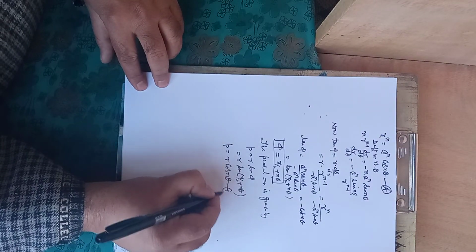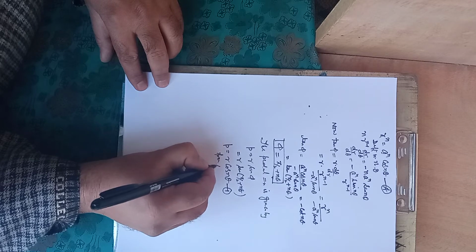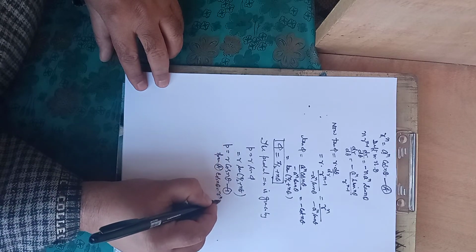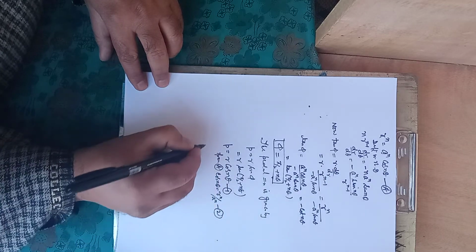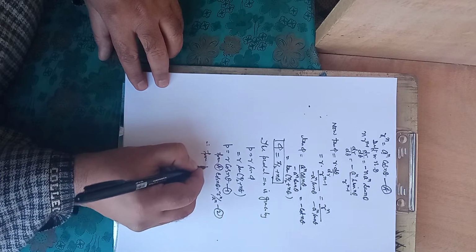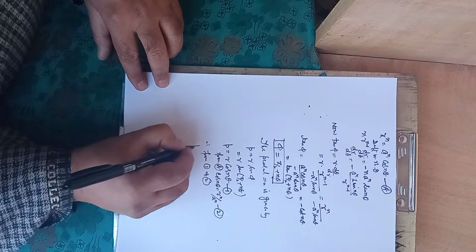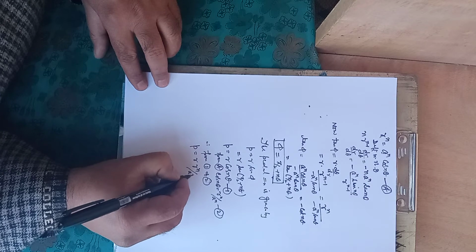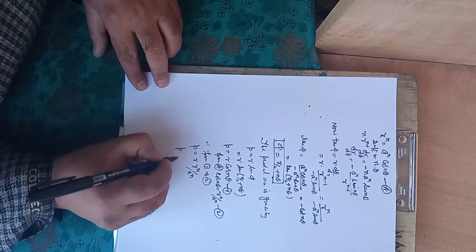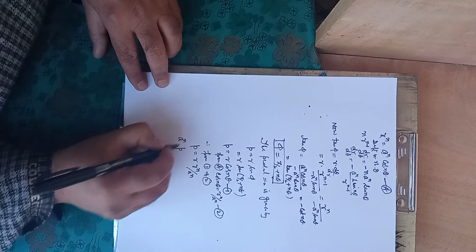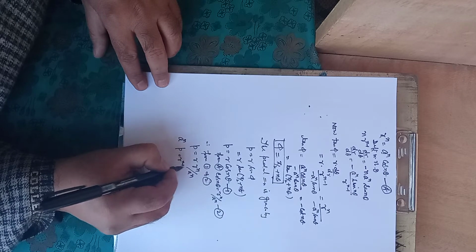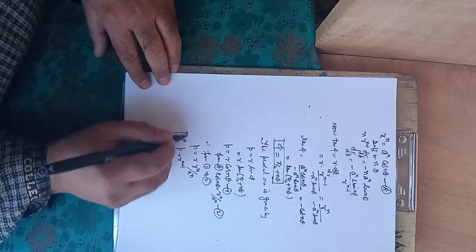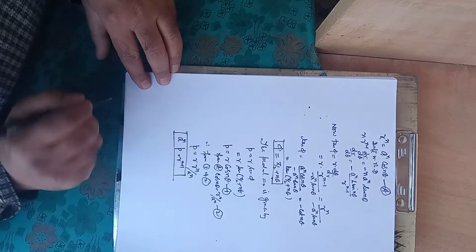This is one. Now from the given relation, cos n theta is r raised to the power n by a raised to the power n. Therefore, from 1 and 2, p is equal to r cos n theta, which is r raised to the power n by a raised to the power n, means p is equal to r raised to the power n plus 1 upon a raised to the power n. Fine. This is the relation between p and r.